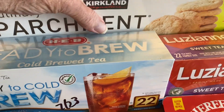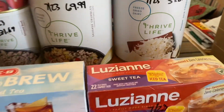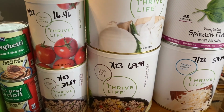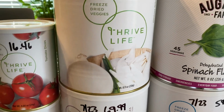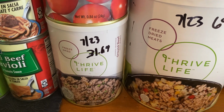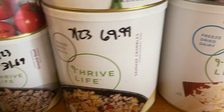This is just phenomenal. We'll take a quick look at our Thrive Life order that we did get in. They're heavy. So a can of tomatoes, a can of sliced onions. These look like regular slices, not the diced. Then a small number 2.5 can of ground beef, a larger one of sausage crumbles, and then